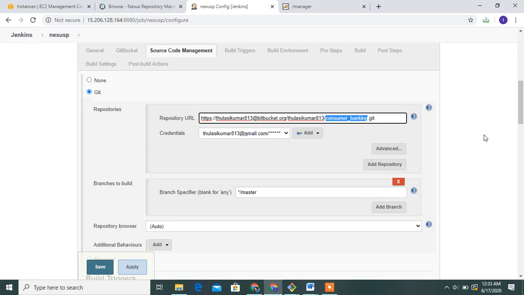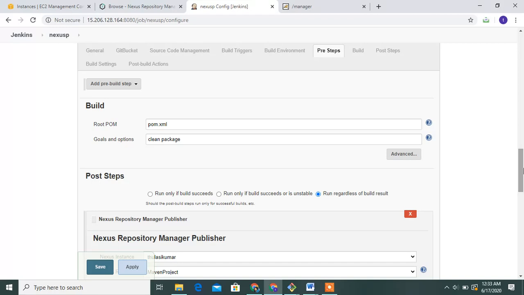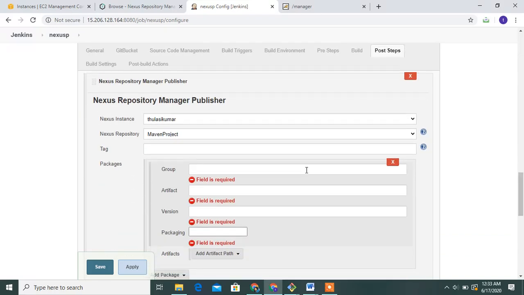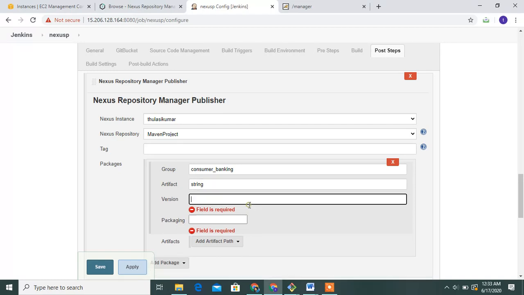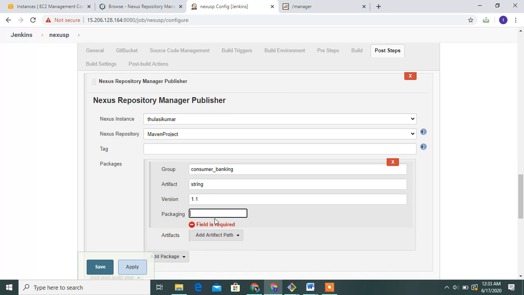My group is consumer banking, then the artifact is string. In your case, any name you give, guys. Version is 1.1, then package is war, war file deploy.